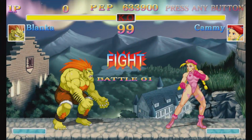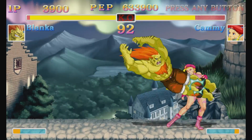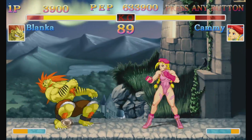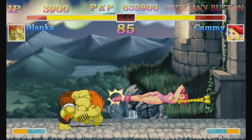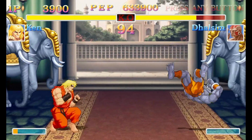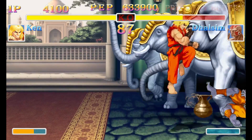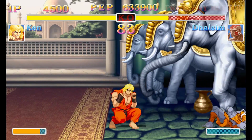Round 1, fight! Yo, Capcom has been teasing for quite some time now that they were going to release an updated version of one of the most popular fighting games ever to exist by the name of Street Fighter 2, along with some great new visuals, new characters and a couple of mechanical additions to improve the game. Even with this new version of a popular fighting game, there are both positives and negatives that surround the game,